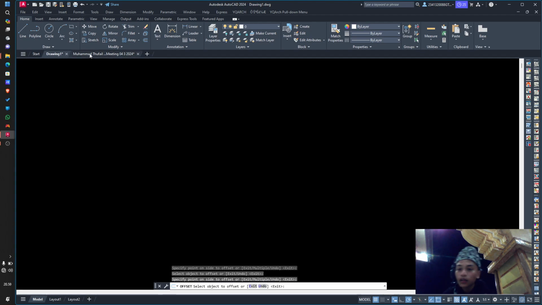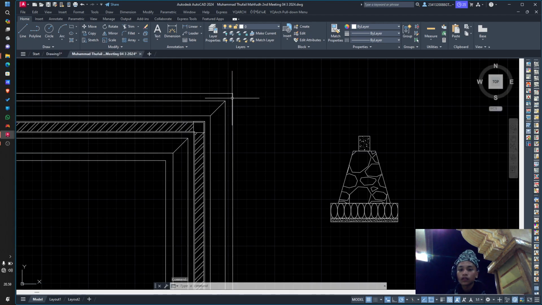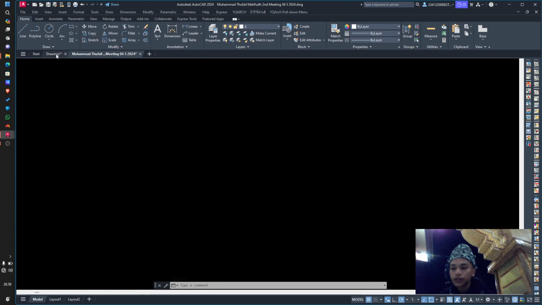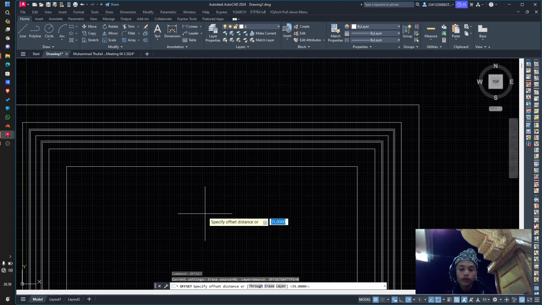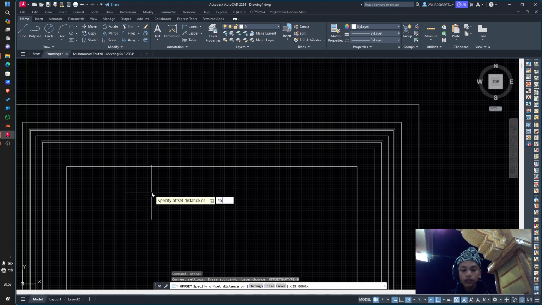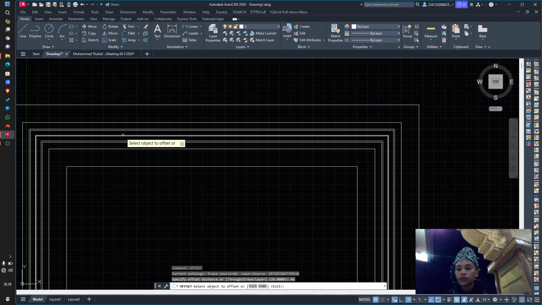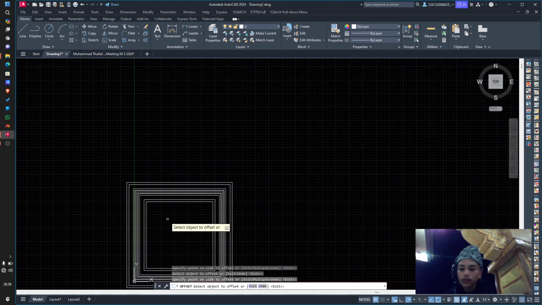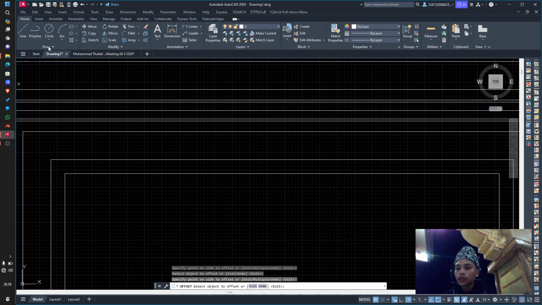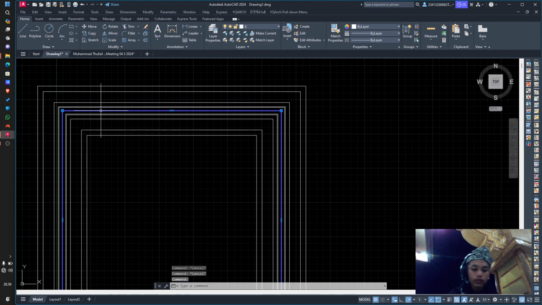And then for the outer, the size from the center is 90 centimeters. So 90 divided by 2 is 45. You can click offset first, and then type this distance. It must be 45, and then like this, and it will be like this. So we've done it, and then we can erase the center line,